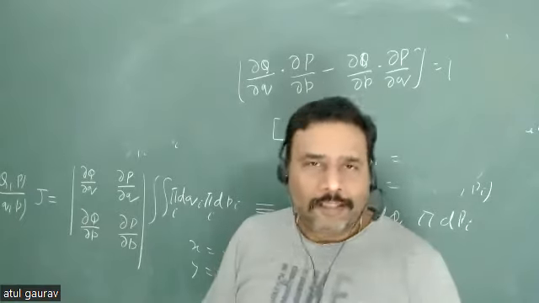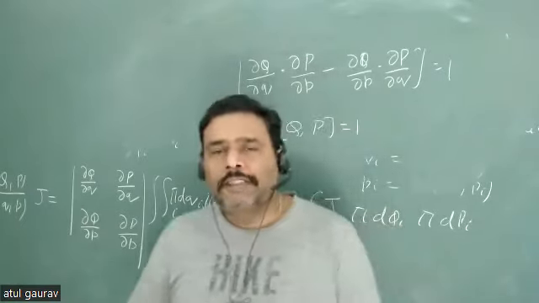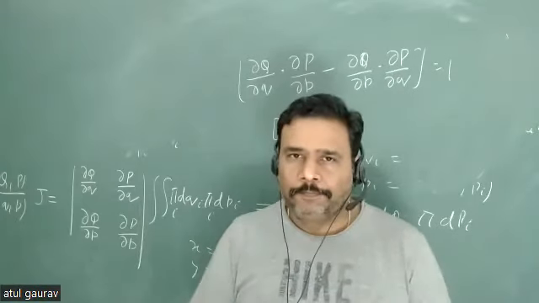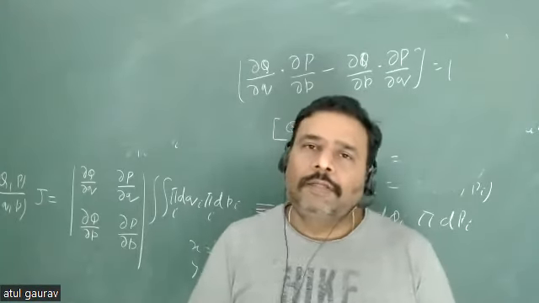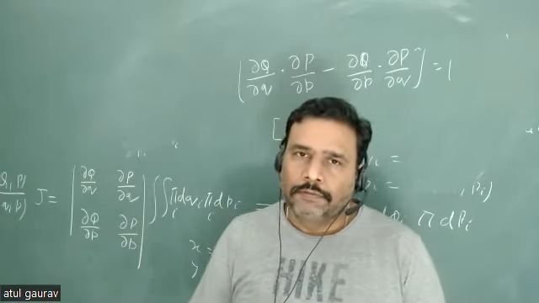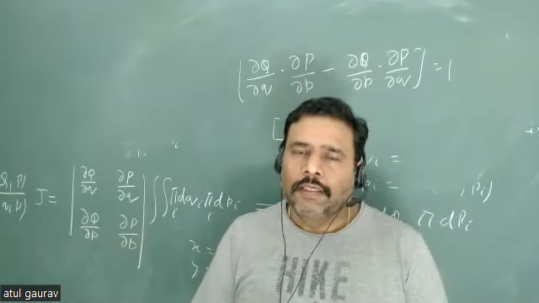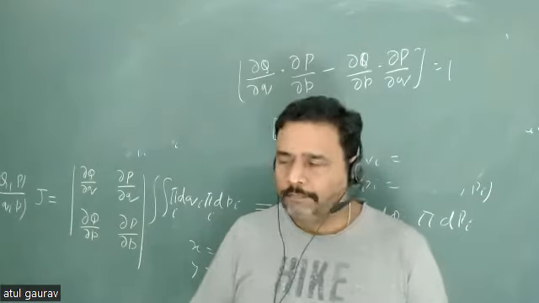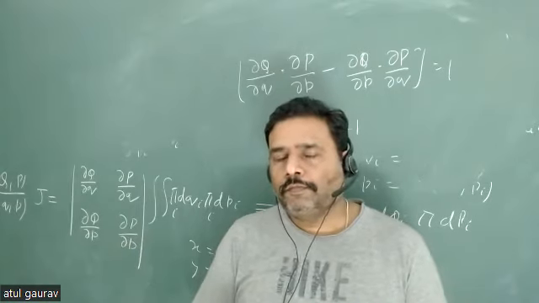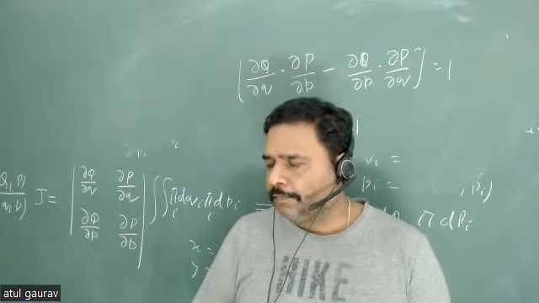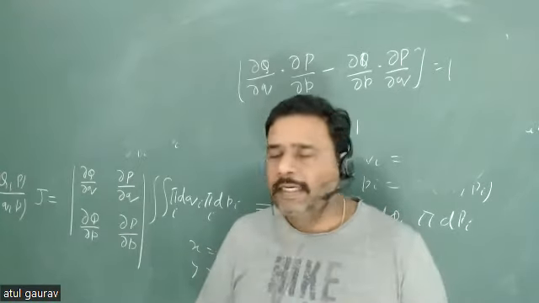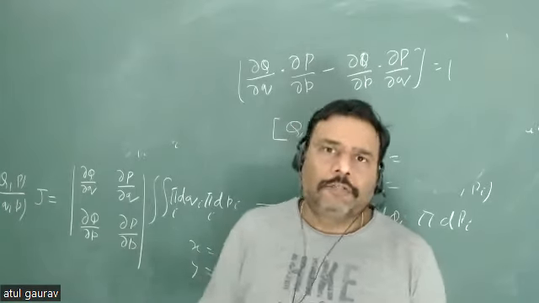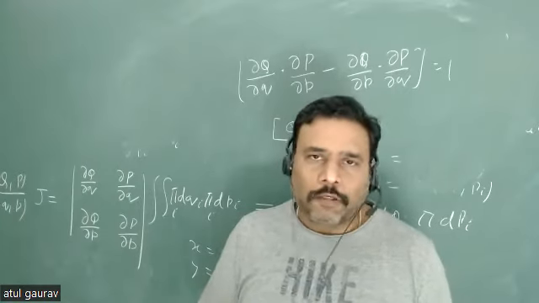हो सकता है ओल्ड कोऑर्डिनेट सिस्टम में, मैं आपको ऐसे प्रॉब्लम करके भी दिखाऊंगा, हो सकता है कोई एक स्मॉल क्यू और स्मॉल पी में आपने एक इक्वेशन को सॉल्व करना चाहा। अच्छा, बाय द वे, इक्वेशन को सॉल्व करने का मतलब क्या है? हम अल्टीमेटली इक्वेशन ऑफ मोशन लेके आते हैं ना। लेकिन सॉल्व करने का मतलब क्या है? इक्वेशन को वेरिएबल सेपरेबल फॉर्म में ले आए। बेसिकली आप वेरिएबल सेपरेबल फॉर्म में ले जाते हो फाइनली किसी भी इक्वेशन को, तभी तो सॉल्व कर पाते हो। अदरवाइज तो वो सॉल्व नहीं हो पाता है।